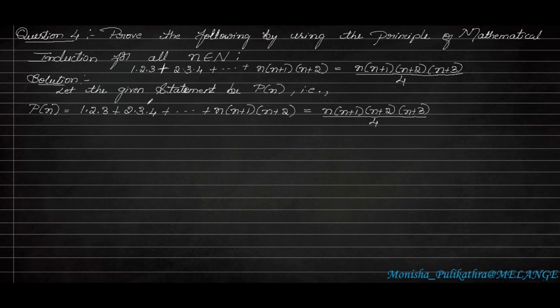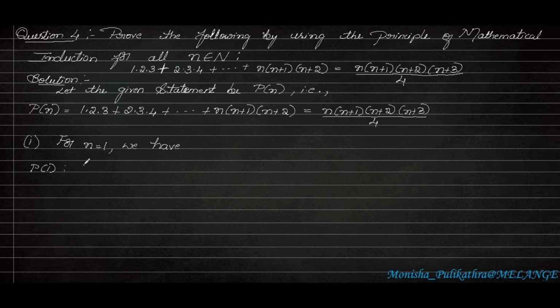So here first we have to assume the whole statement is equal to p of n. So I have written already the question, that is p of n is equal to the whole question which is given. The next step is after substituting the whole question to p of n. So next we have to substitute for n is equal to 1. For n is equal to 1, wherever n is there we have to substitute it as 1. So it will become p of 1.